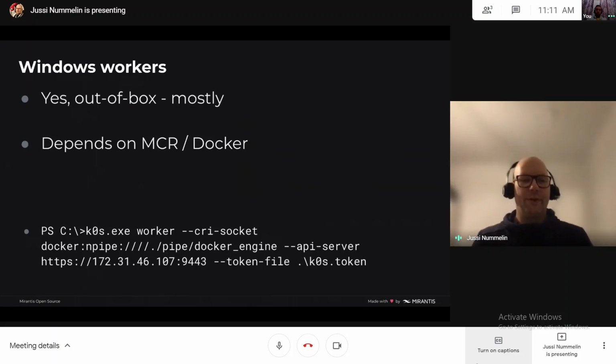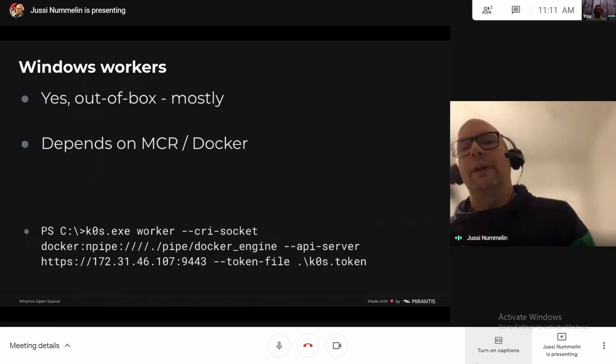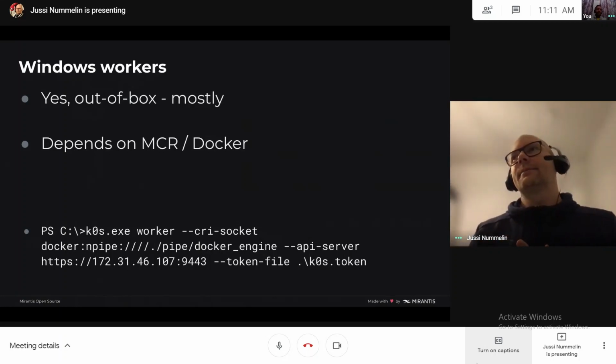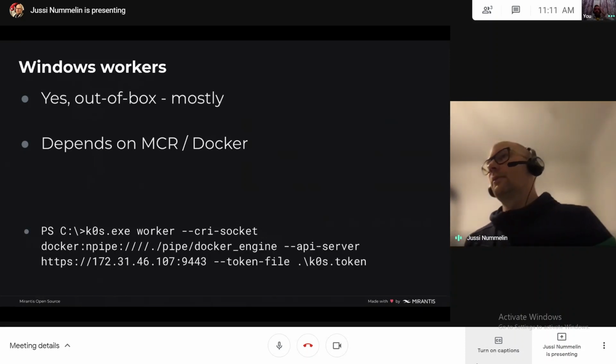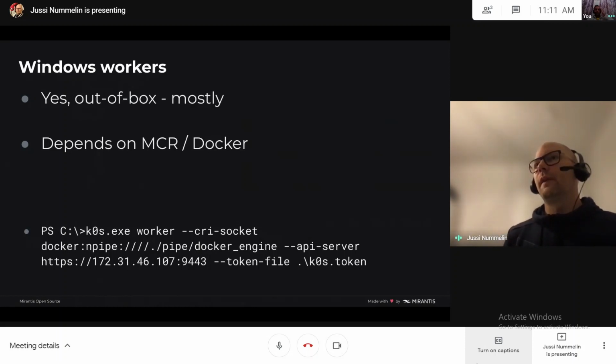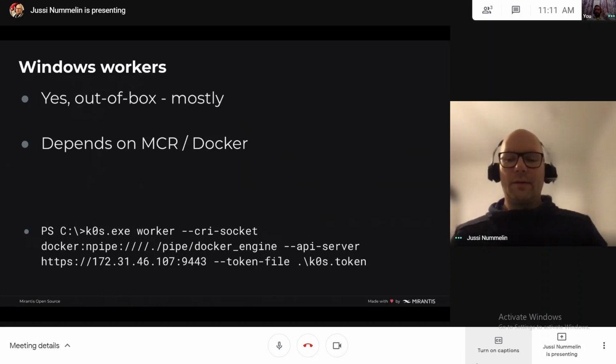And yes, we do support Windows. We have marked Windows support as highly experimental. We know that there are still some rough edges on k0s, and for Windows there are even a few more of those.